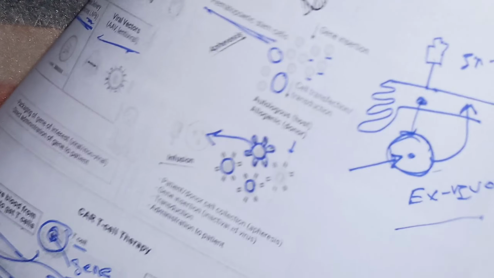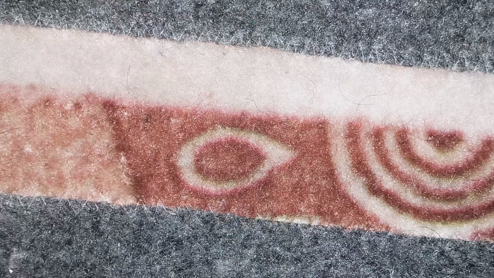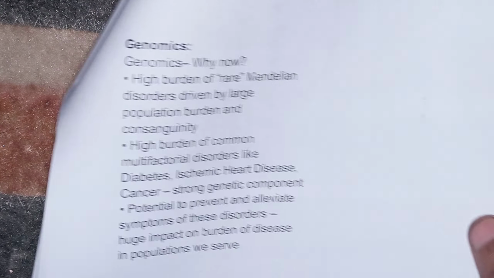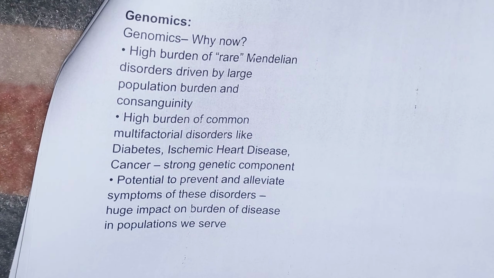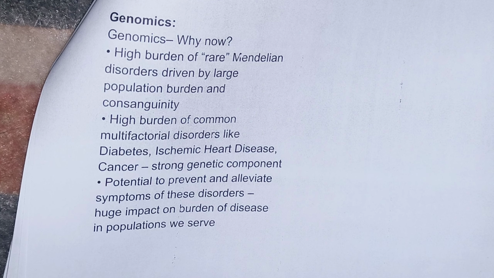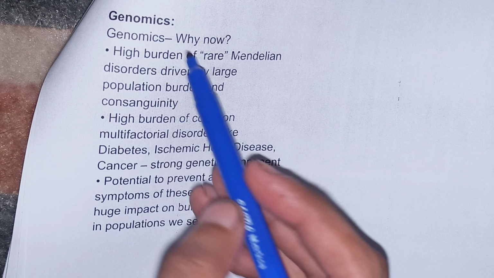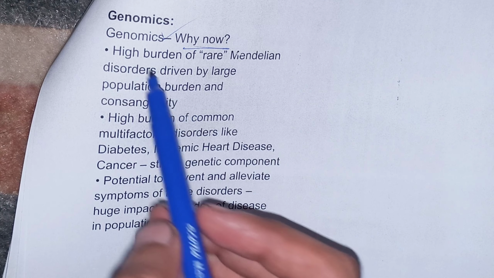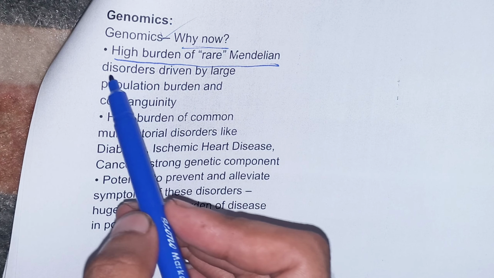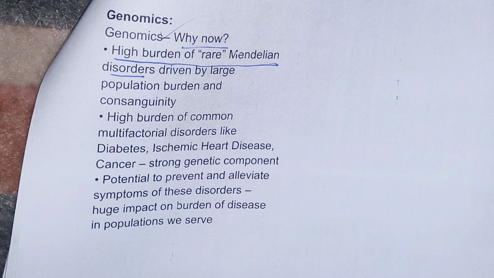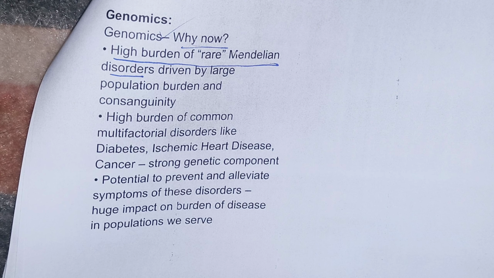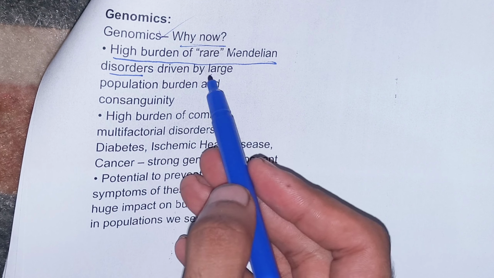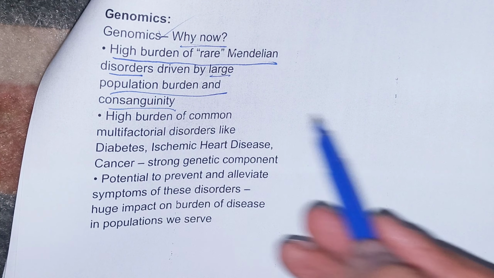one thing that should be added here is just a take home message: why genomics now, beta, why is it very much needed now, why study the genes? Okay. Because of the high burden of rare Mendelian disorders. Because Mendelian disorders have increased very much, we need to study genomics so that we can diagnose the disease and have better treatment as well. And the large population burden of consanguinity,